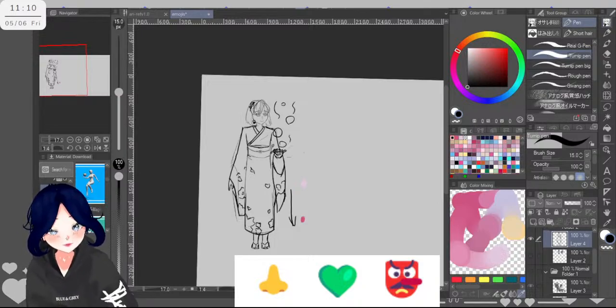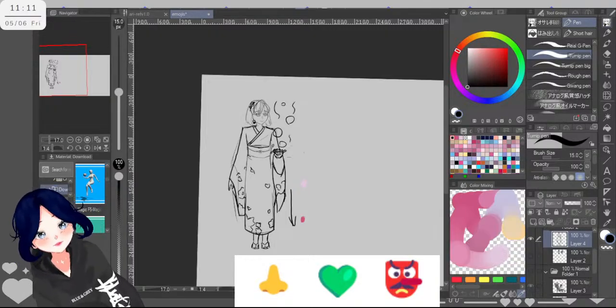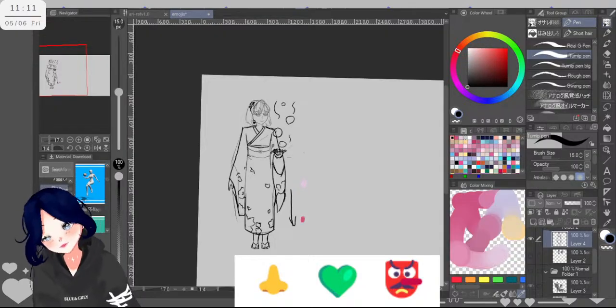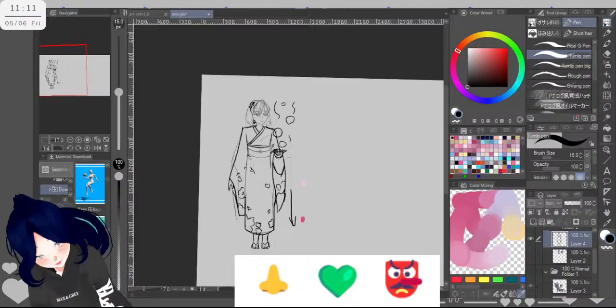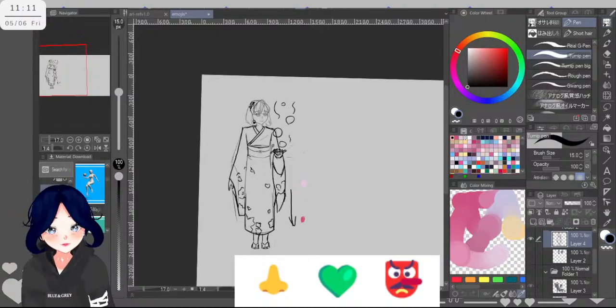I really don't know what could be causing this to happen. Even yesterday when I was playing Genshin, it didn't happen, nor did it happen the previous days. So I don't know. Okay.